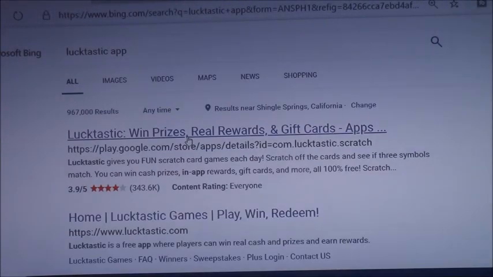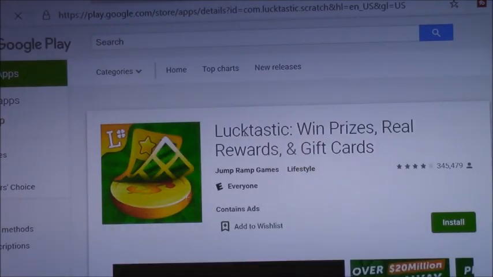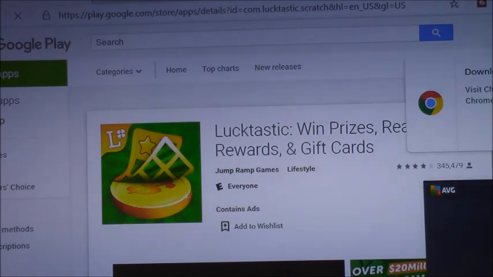Okay, make sure it's the right one. Make sure it's the real rewards app. Make sure it's the Lactastic, and then you save that.